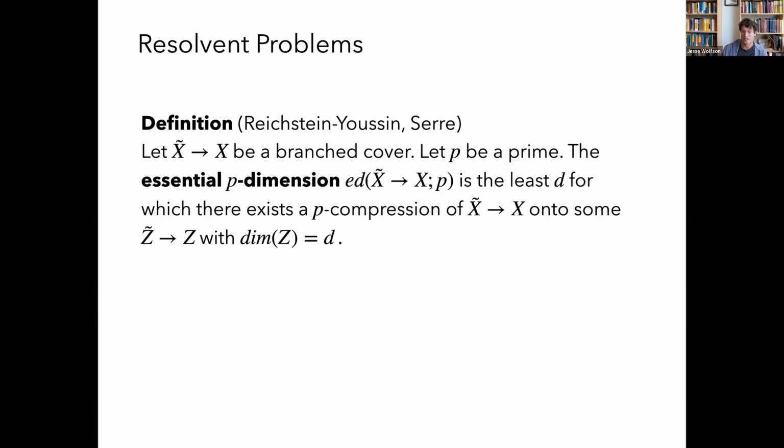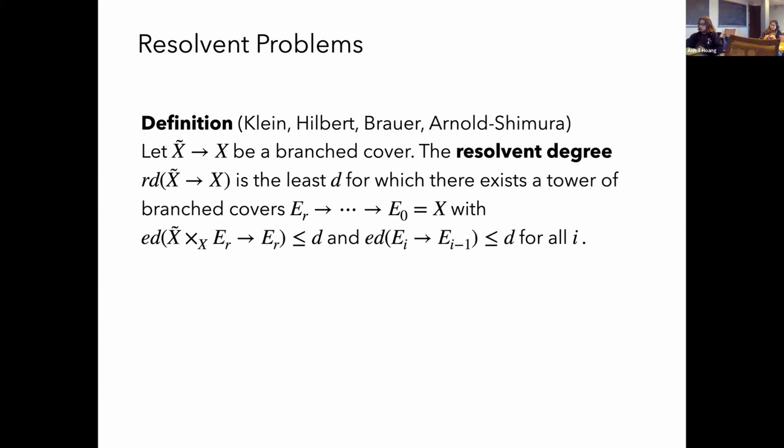So you can just find the essential P dimension of some branch cover as the least D for which there exists a P compression onto a D-dimensional thing. All right. And alongside this, and this is where Benson and Mark and I came in originally,